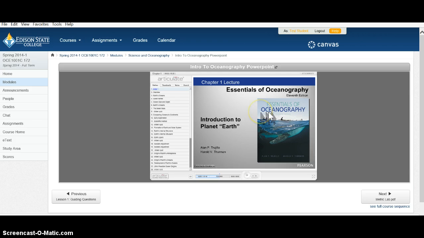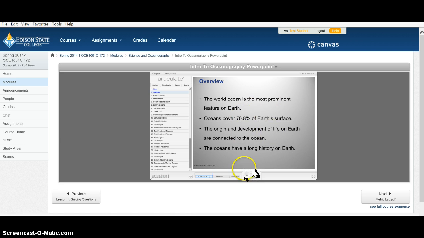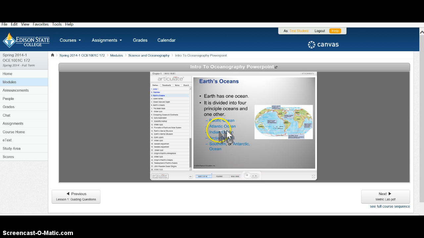And this is chapter 1. All right, so it's going to give you a few minutes to read over it, and you hit play. You can go through all of the slides one by one. There'll be little quizzes throughout to make sure that you're paying attention. But just make sure you look through every single one of these slides to get all the information that you need. All right, once you get through the entire lecture,